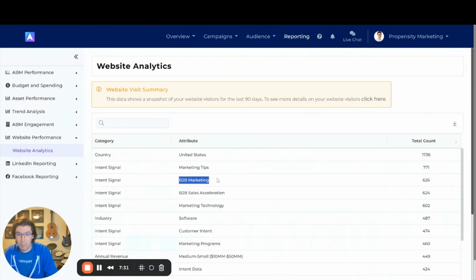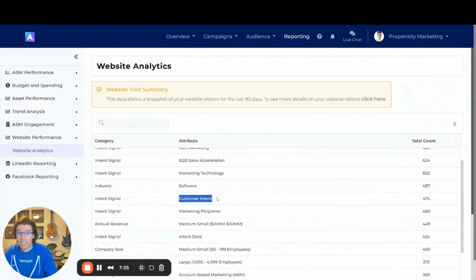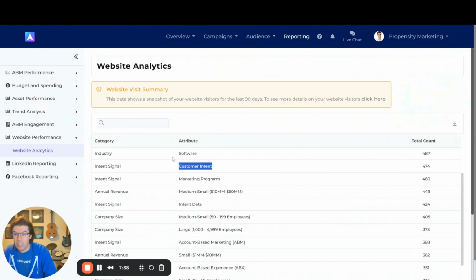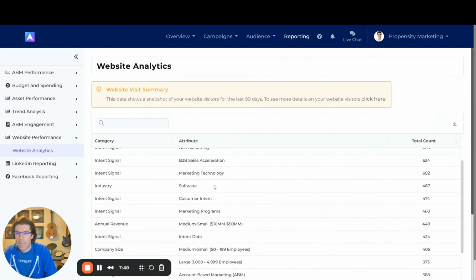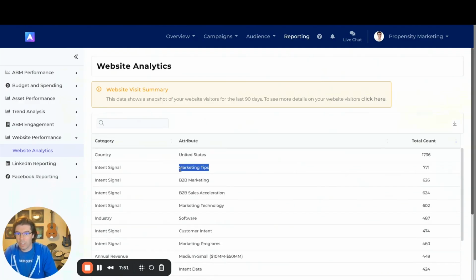For us, it's marketing tips, B2B marketing, B2B sales acceleration, marketing technology, customer intent. And then you can see the industry of software is the number one industry. And here's the revenue ranges of the top accounts visiting our website. So it gives you a really good sense of like, oh, maybe I should be adding these topics as well. If somebody's visiting our website and looking at these,